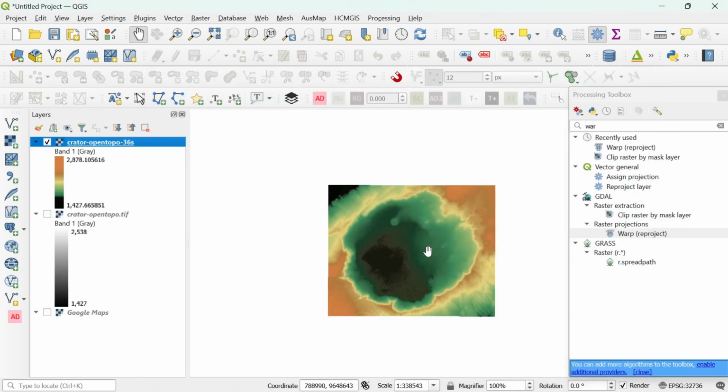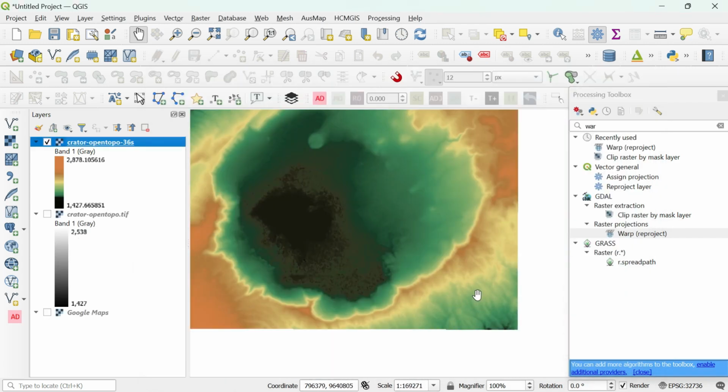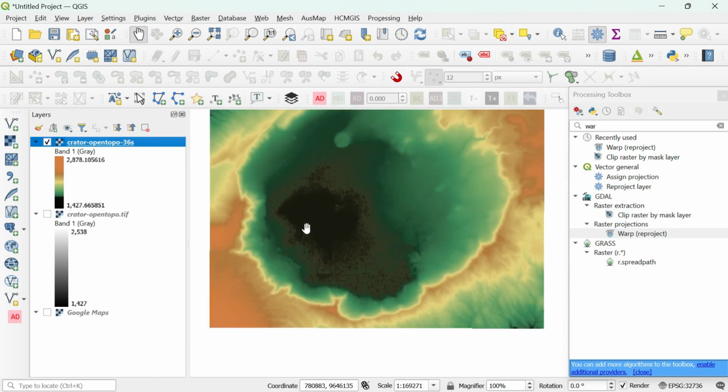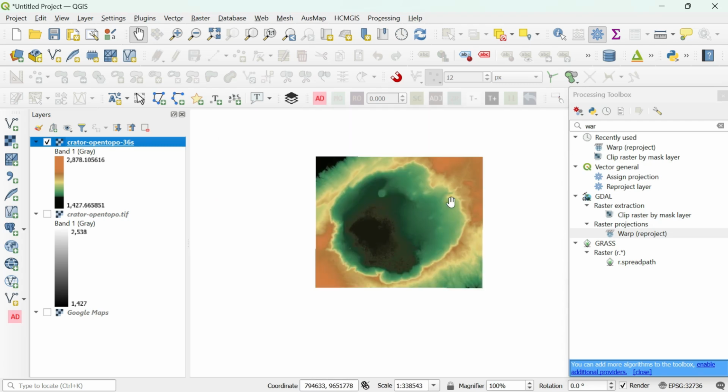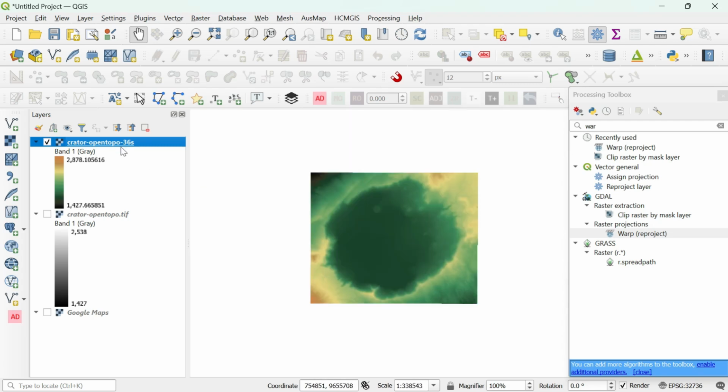Now you can see the crater area very well. Here is the lake and this is the hill around the crater.